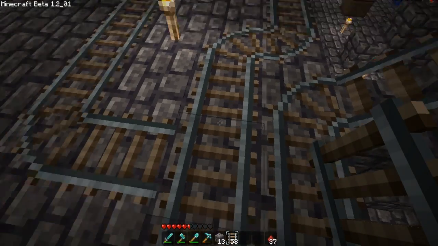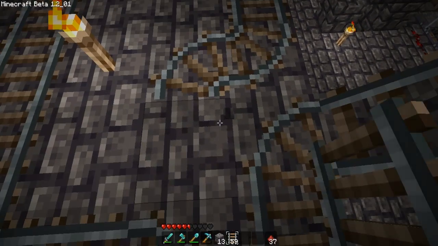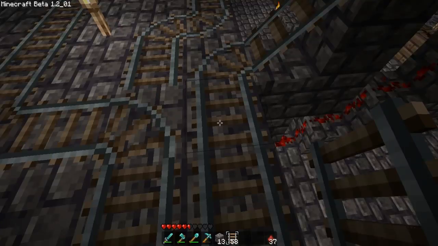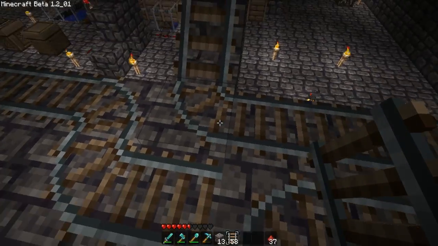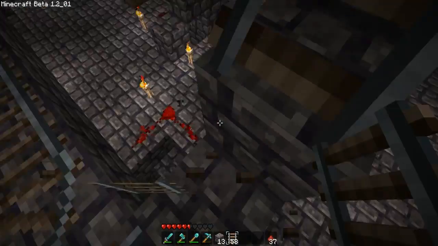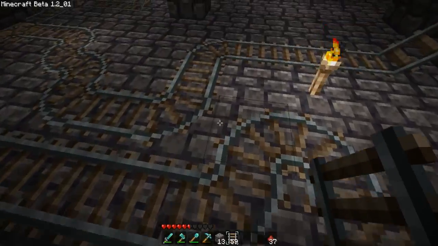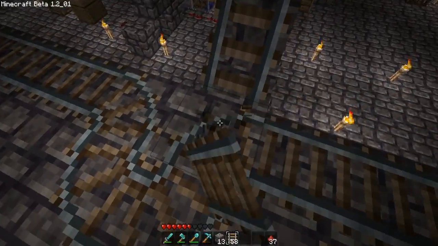Oops, didn't want to do that. Did not want to do that. Okay, it's like that. And then you... Okay, so we just need to do some track trickery here. Really simple stuff. Because this track is never going to change. As long as we don't run redstone through this area, it'll be fine. And then we should be able to just...